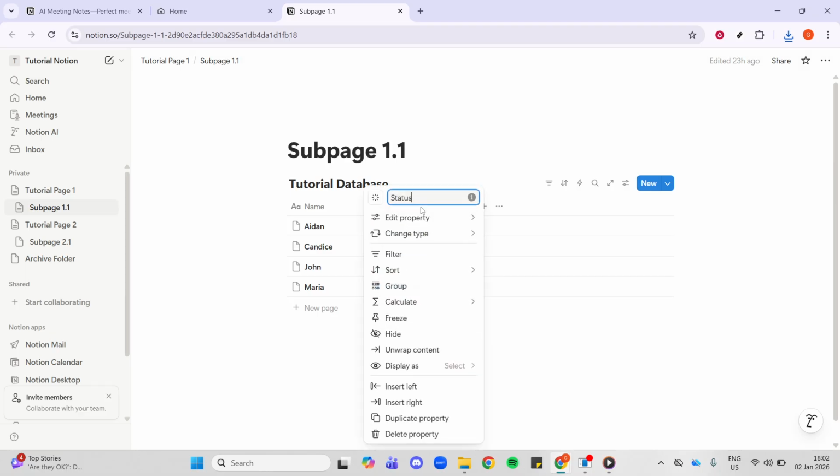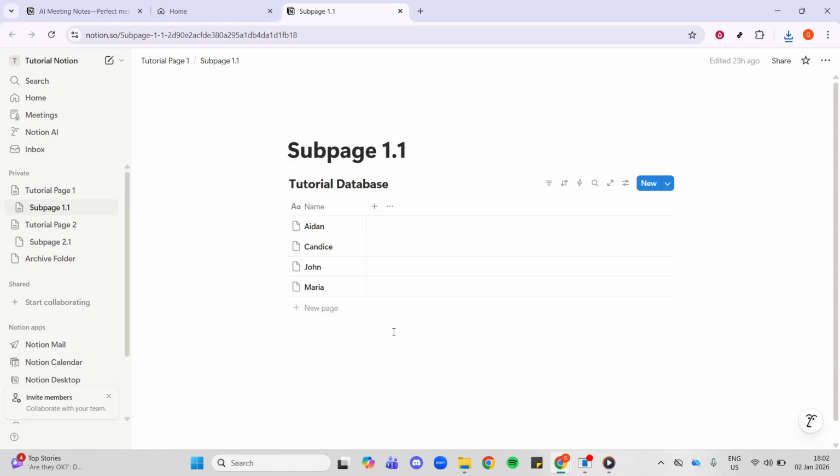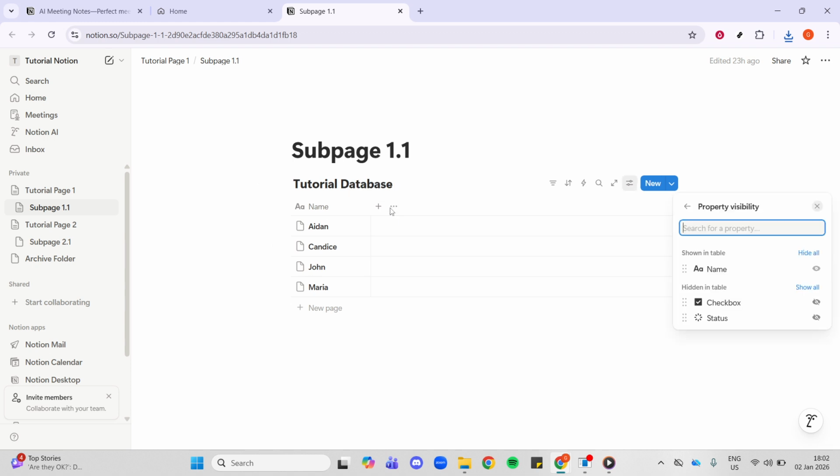what matters. Keep in mind, you're not removing or deleting anything. All the data remains intact, and this change applies only to the specific database view you're looking at. That means it's reversible and safe, and other views of the same database can keep showing the property if you